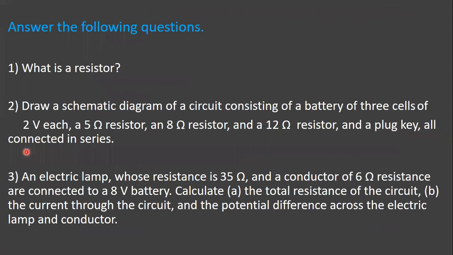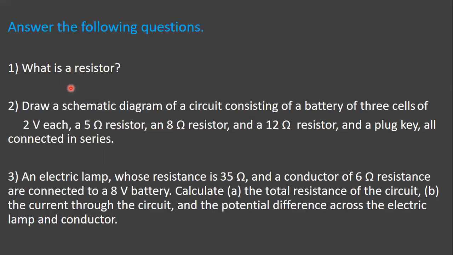See children, today we discussed the resistors and the resistance of a system of resistors. That is, we discussed resistors in series. When several resistors are joined in series, the resistance of the combination Rs equals the sum of their individual resistances R1, R2, R3 and is thus greater than any individual resistance. That is, resistance in series equals R1 plus R2 plus R3.